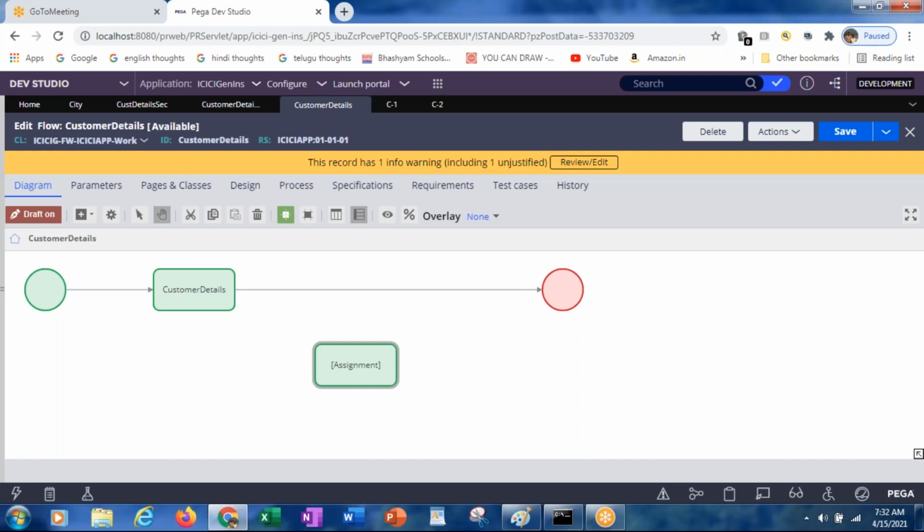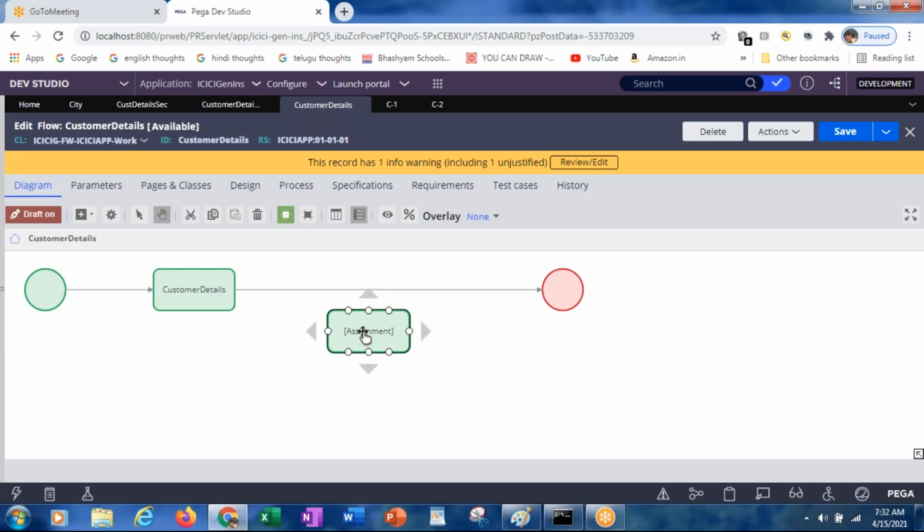In the same way here also, if you create an assignment, when you run the flow, whatever Flow Action you referred at that particular assignment will be displayed. On that Flow Action you have to enter some values or modify some values. So that task is assigned to the user, who has to perform something on that particular assignment. So here the assignment refers to what? Flow Action. So on the Flow Action only we can add or modify the values.